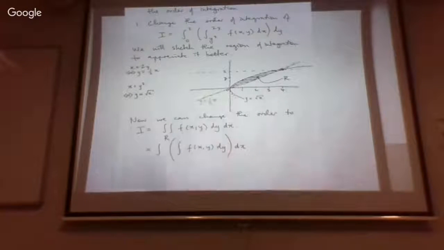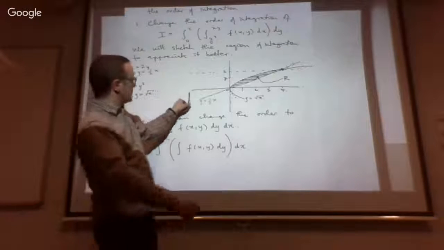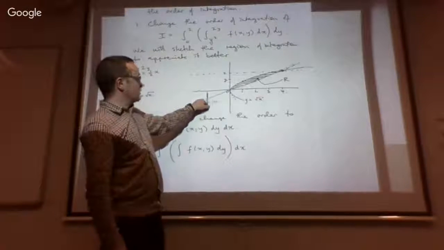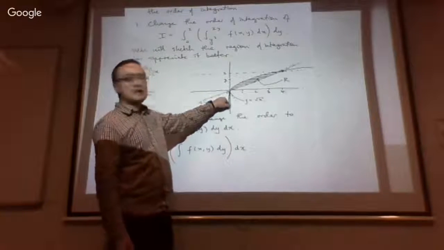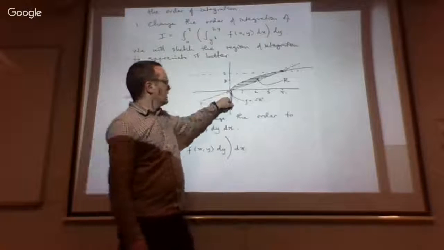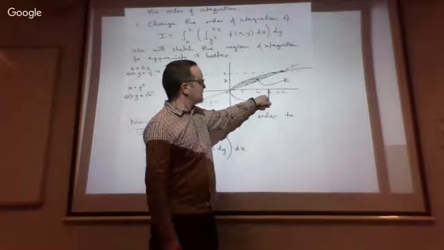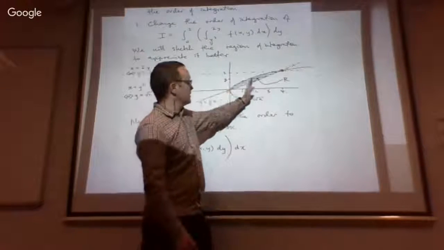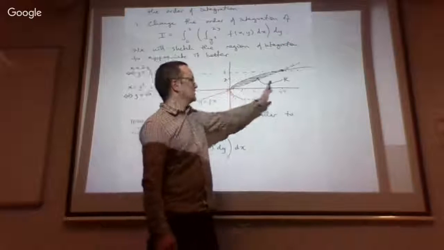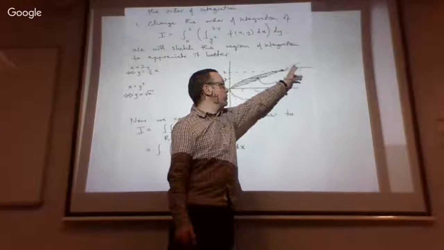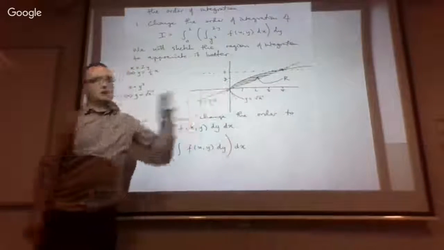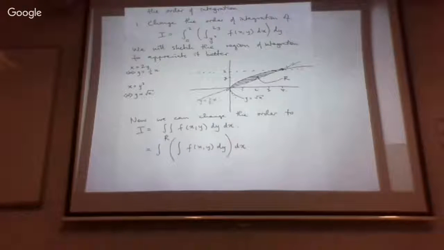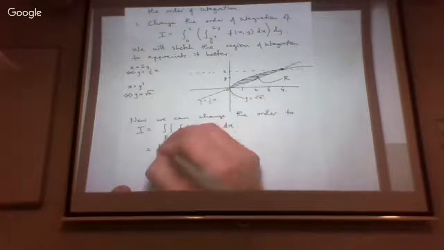Between what values of the x variable do I have to integrate in order to cover the region? When we look at our diagram, I don't want to consider any x's out here because there's no part of the region out here. But I need to begin at x equals 0, and I want to consider all the x values until I get to 4. There are parts of the region everywhere between x equals 0 and x equals 4. Once you go beyond x equals 4, there's no more of the region there, and once you go below x equals 0, there's none of it there either. So we're integrating from 0 to 4